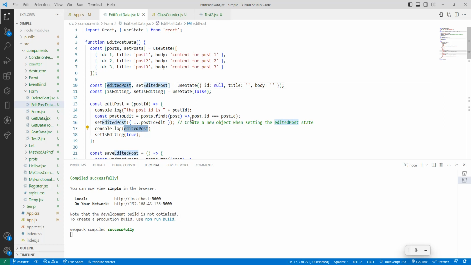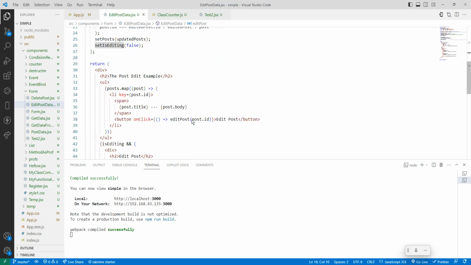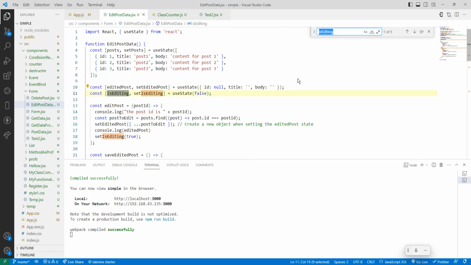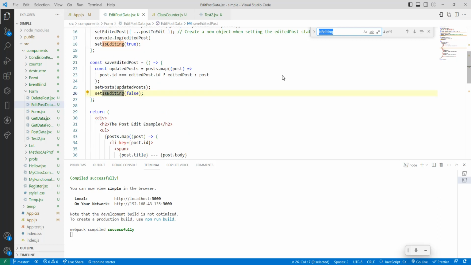So we only have the post ID here. Okay. Based on the post ID, I need to find the full data here. Okay, so that data is coming here. Where is that data coming? It is sitting in the postToEdit. From postToEdit, we are going to set the editedPost variable by the method setEditedPost. Then we are calling setIsEditing(true). What is setIsEditing true? There is isEditing, one more variable we have taken. That is a useState hook. Initially it is false. So that's why it is not showing